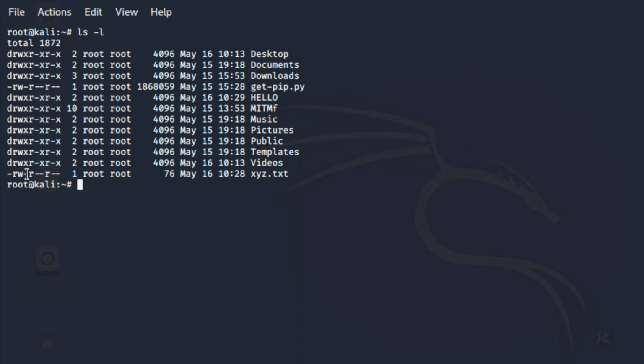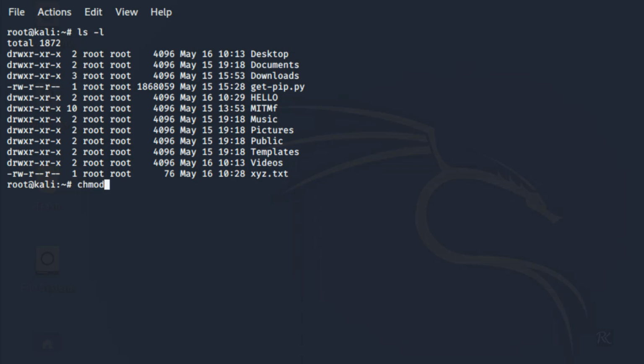So this first dash stands for file. The first three letters, r, w and dash, are for the user. The second group of three is for the group and the last three for others. These are all your permissions. Using this you can give any kind of permission to a particular file.